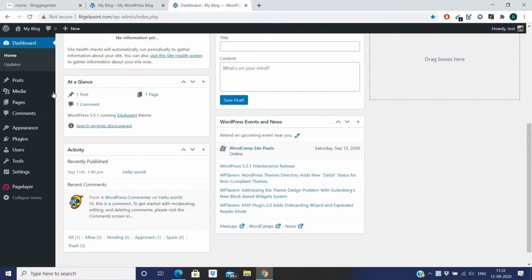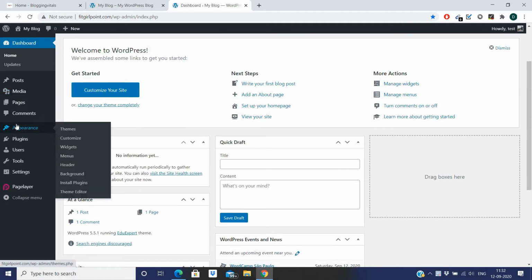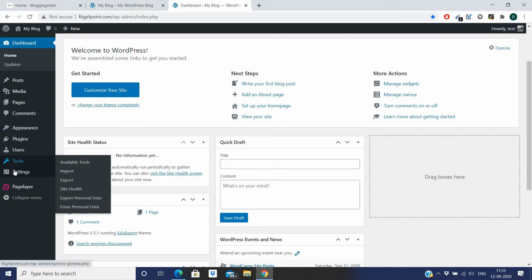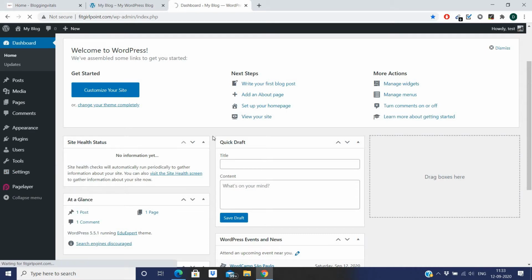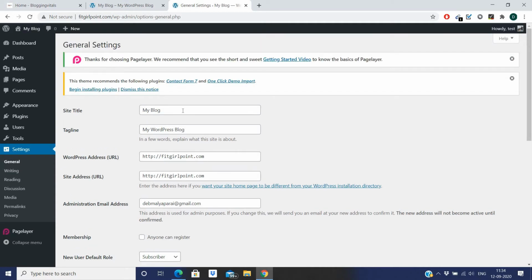The first thing we need to do is change the title and tagline of your website. So where can you do that? You can do that from the settings option in the WordPress dashboard. From settings you need to go to the general settings. Now as you can see here, it's written site title and tagline.